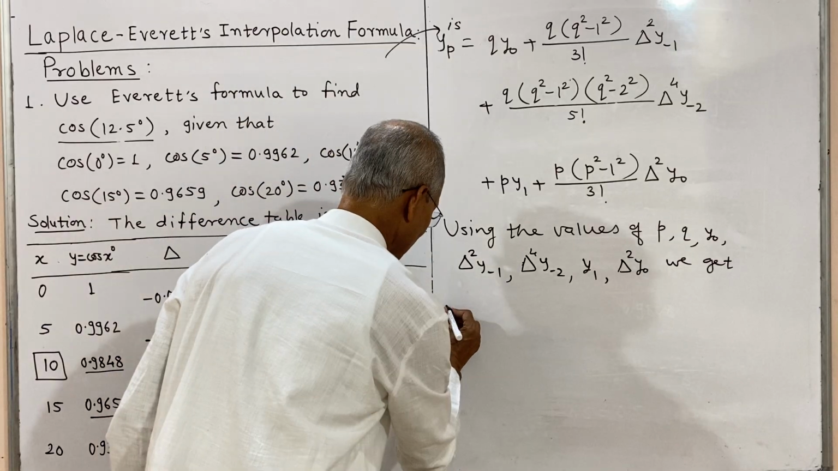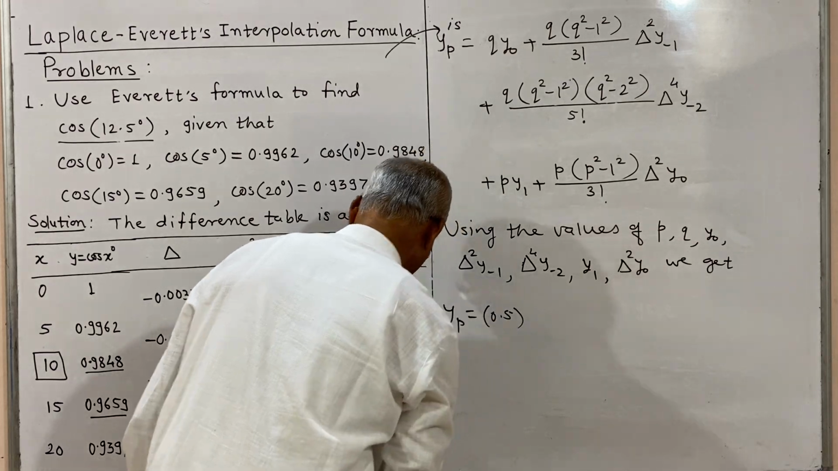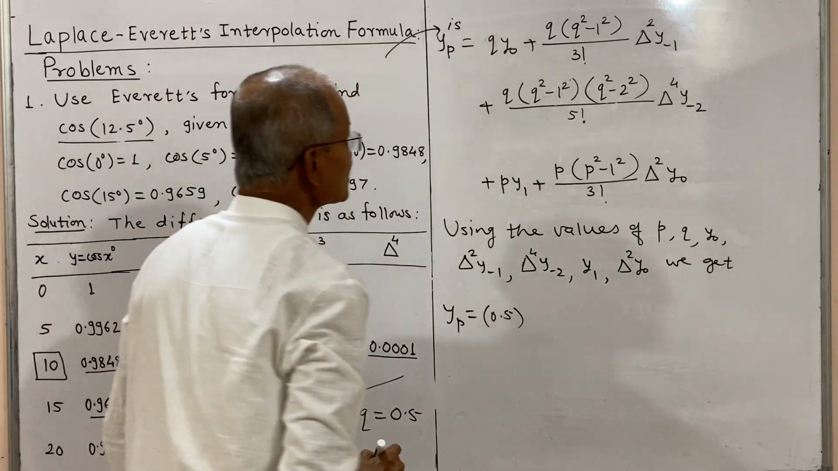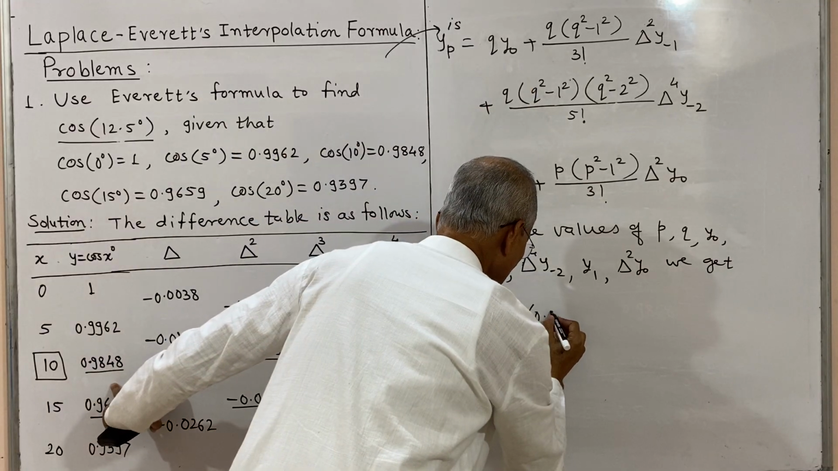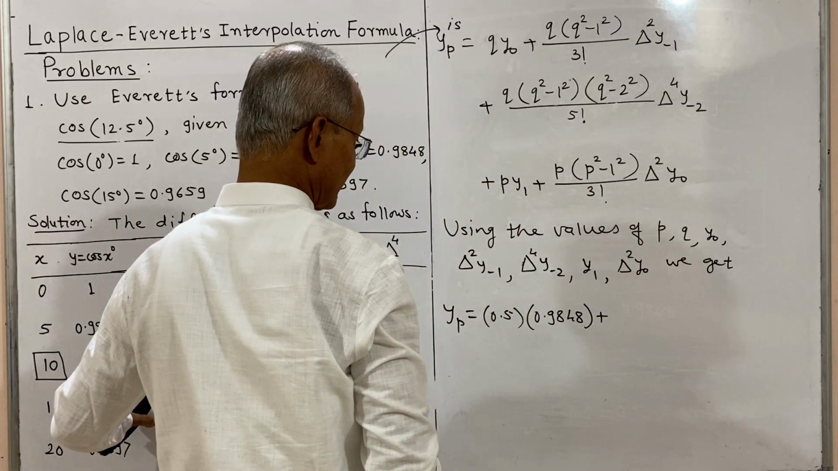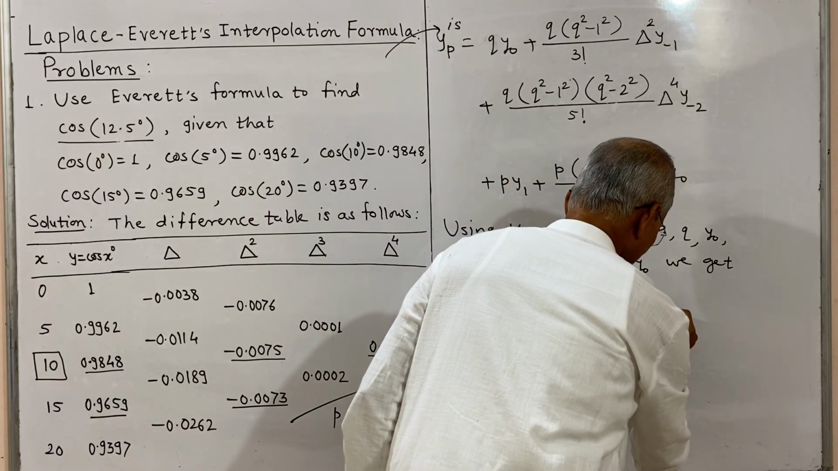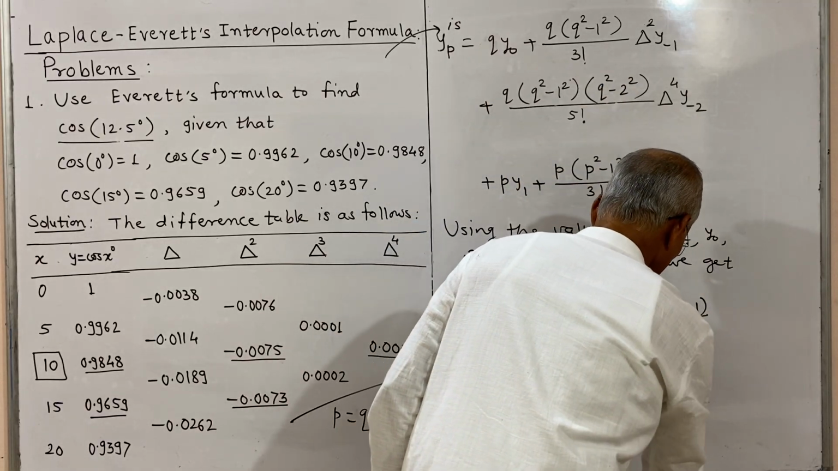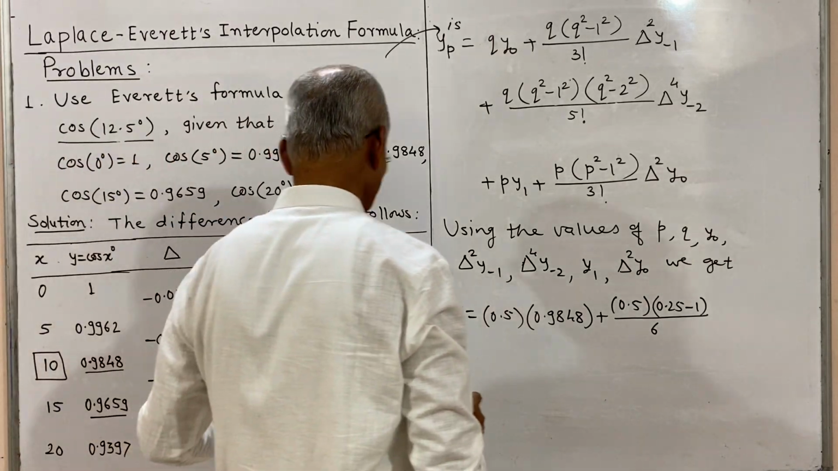We get y p is equal to q. Q is 0.5 as we have calculated. The values of p and q are equal, and that is equal to 0.5. So 0.5 times this value 0.9848, plus q is again 0.5, and q square is 0.25, minus 1, divided by 3 factorial, which is 6, times delta square y minus 1, and that is this value